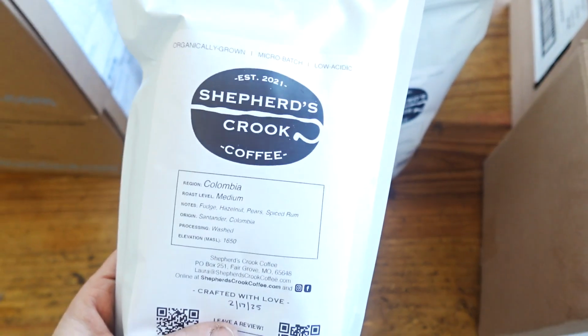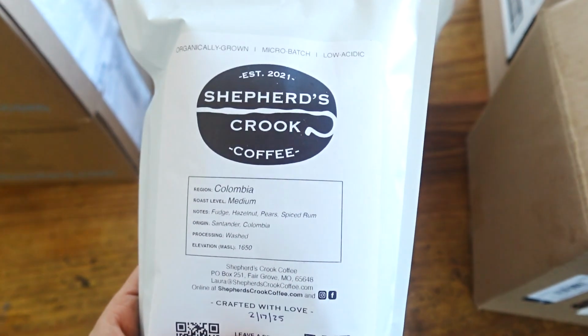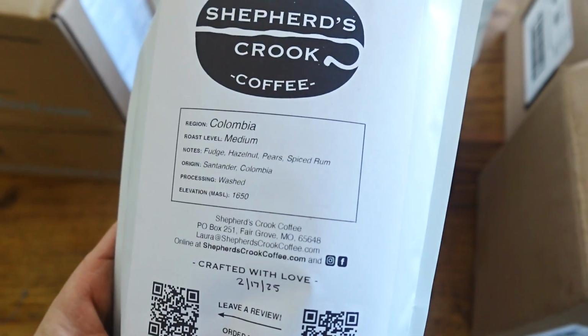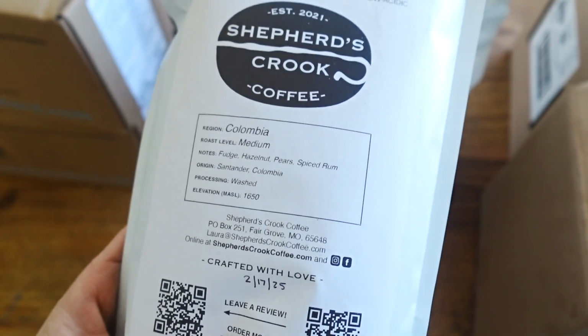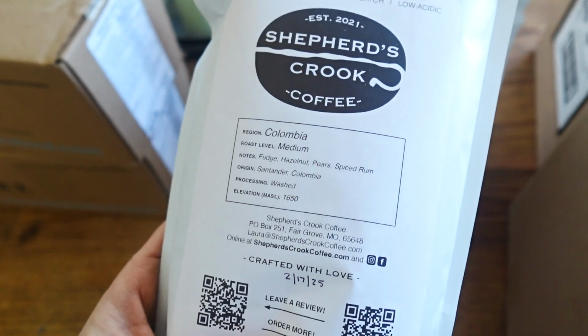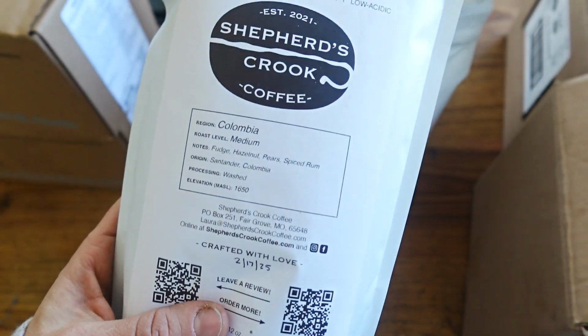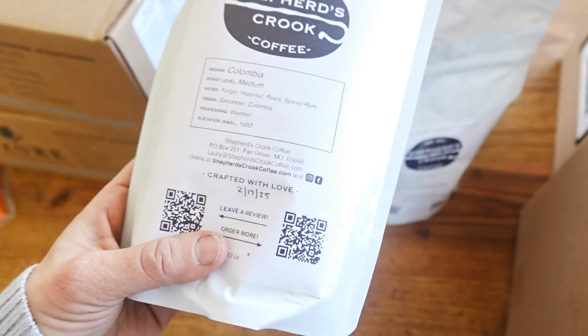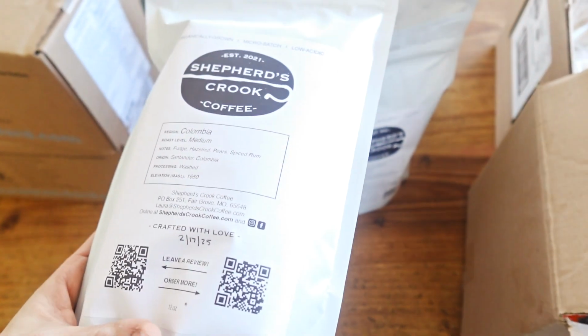Last but not least, the last thing I want to show you is our selection of Shepherd's Crook coffee. Greg and Laura make the best coffee. They micro batch roast it, so it's like you order and they roast it to you. They air roast, so it's very low in acidity, and it's organic. It is so amazing, and I'm able to drink it...